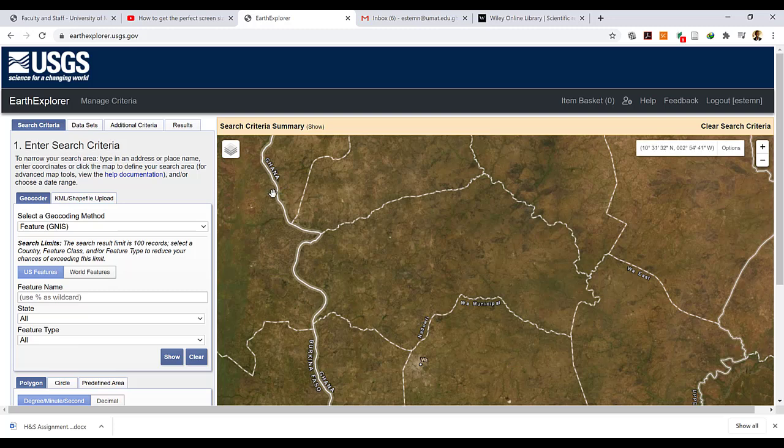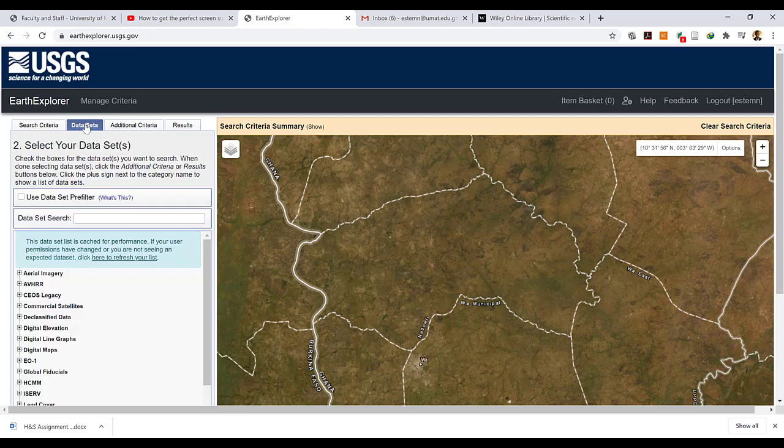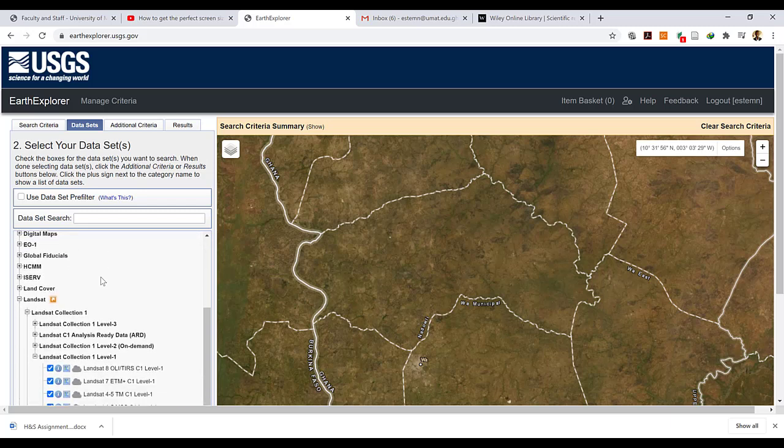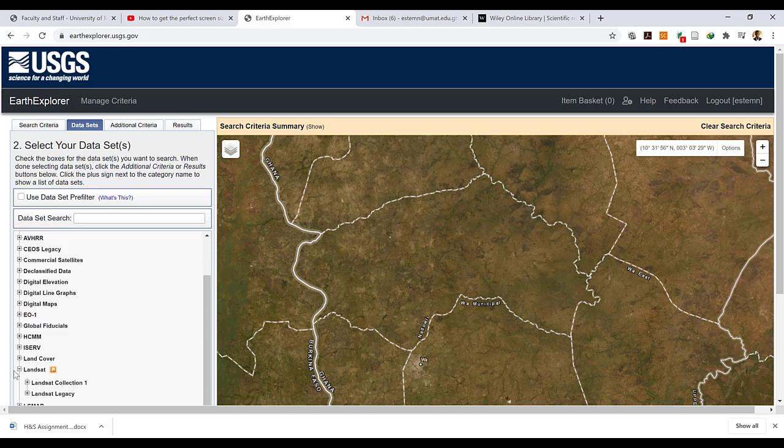So after you have logged in, the next thing you have to do is to define the data sets that you are interested in downloading. And in our case, we are interested in downloading Landsat images. So you come to data set over here, and then it is going to show you all the available data sets. So these are all the available data sets on the website, and we are interested in Landsat images. So you come to Landsat, you click on this